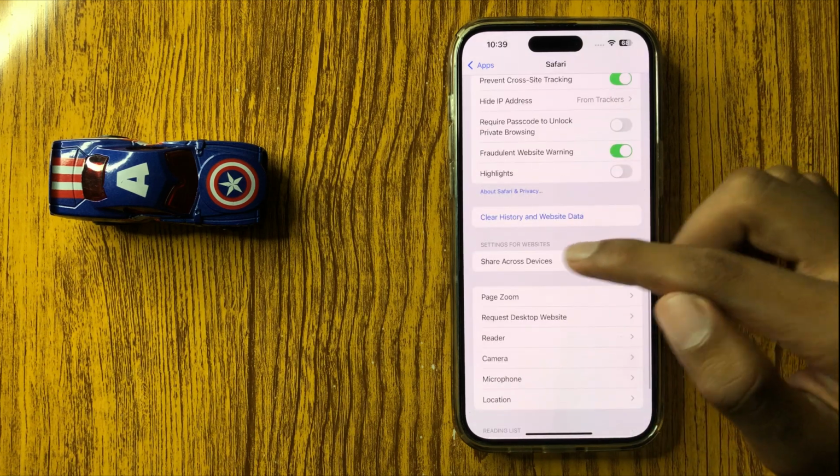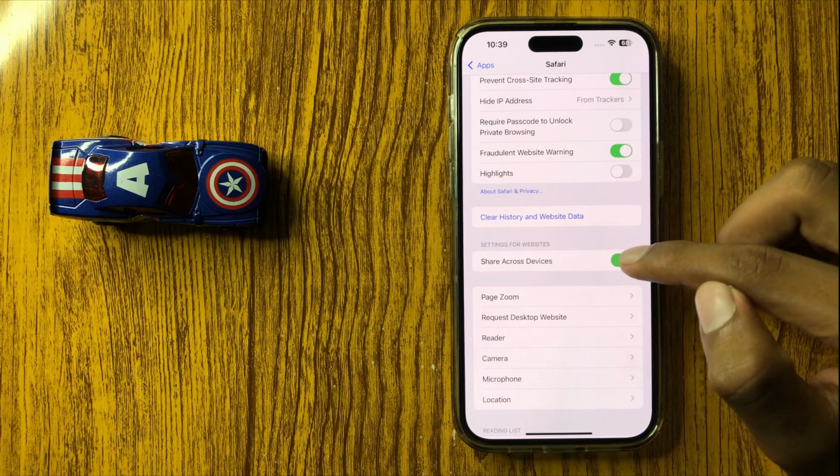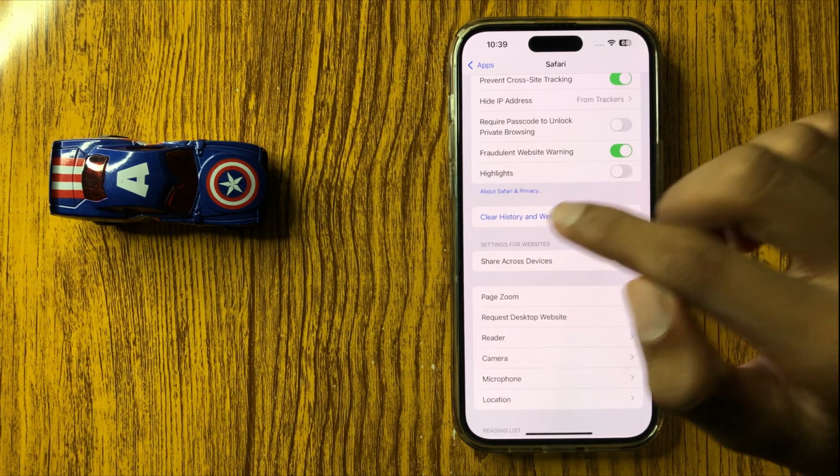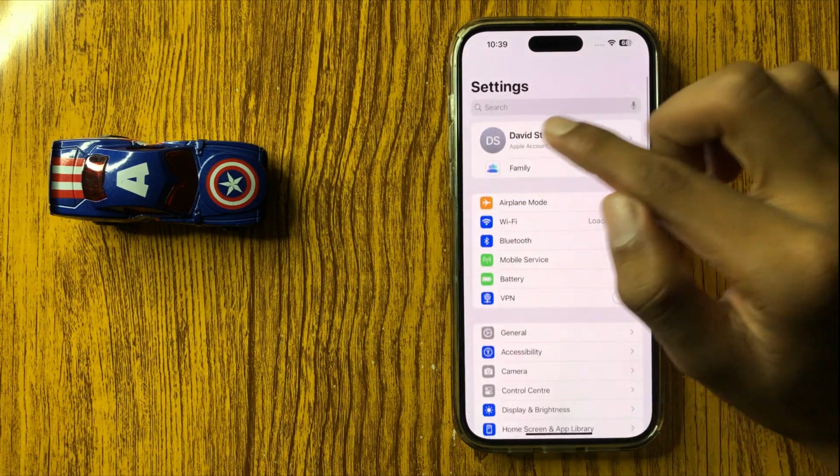and here you see the option Share Across Devices. Turn this button off. After turning this button off, go back and open Apple Account